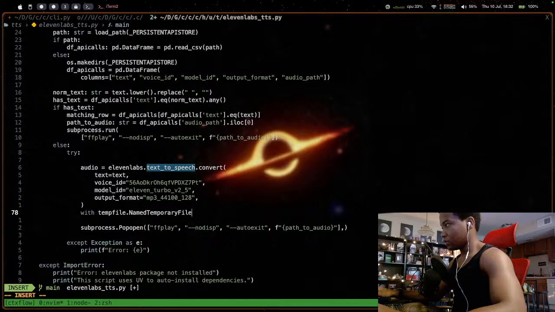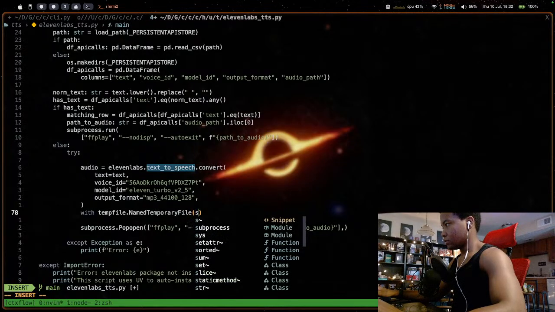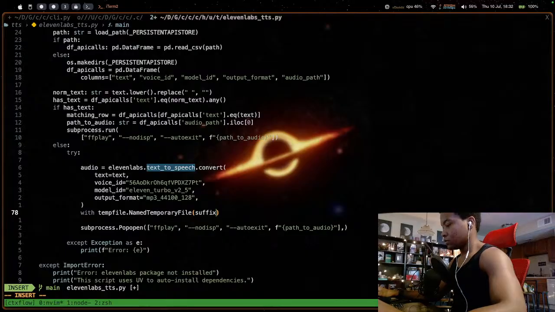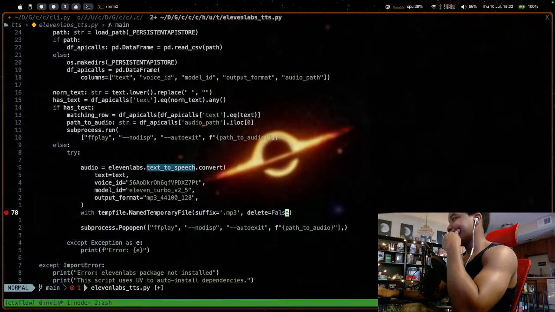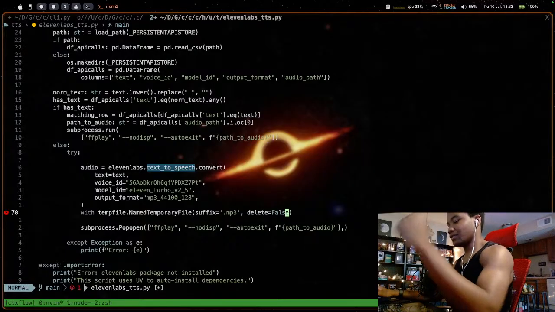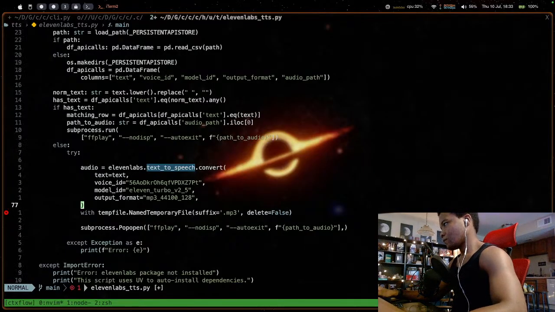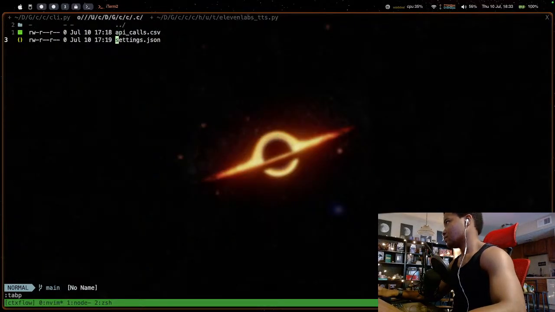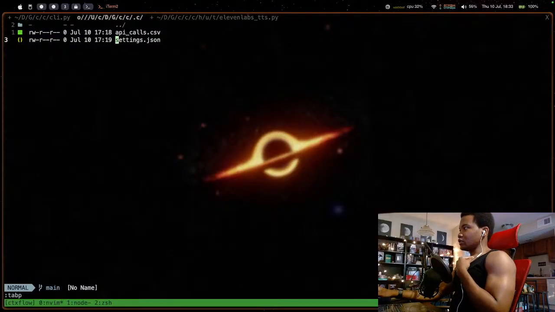Temporary file. Well, you see, the thing is, if I'm doing this, I might as well just create the actual file. Honestly.